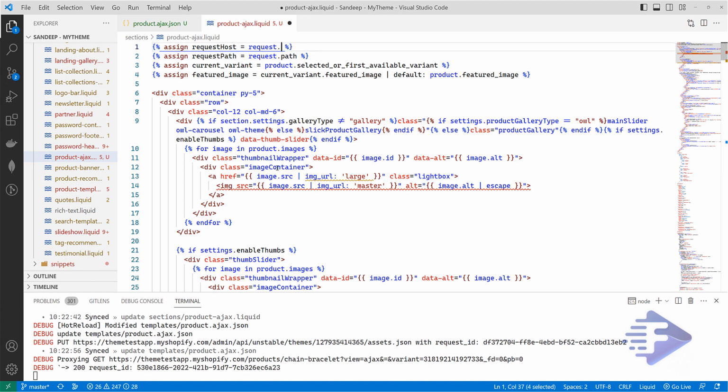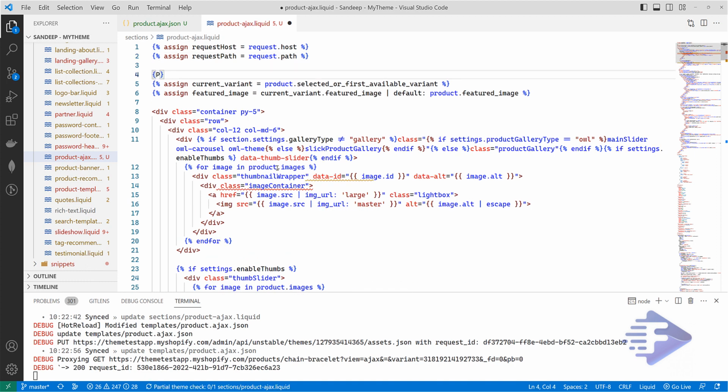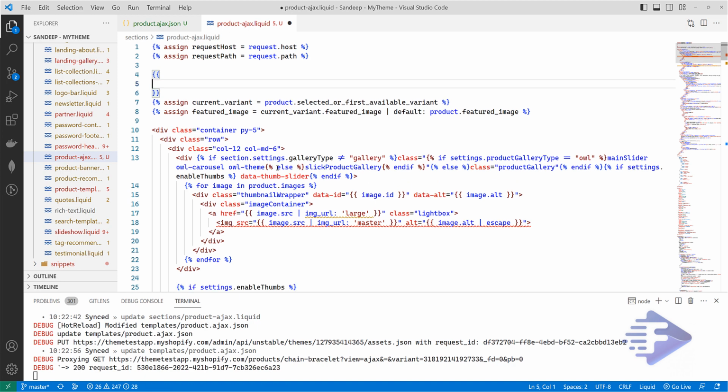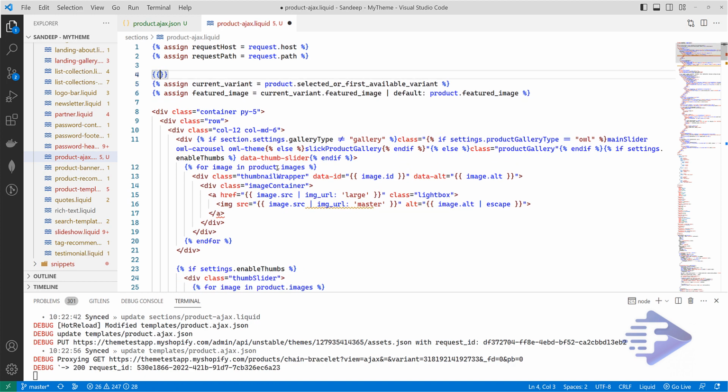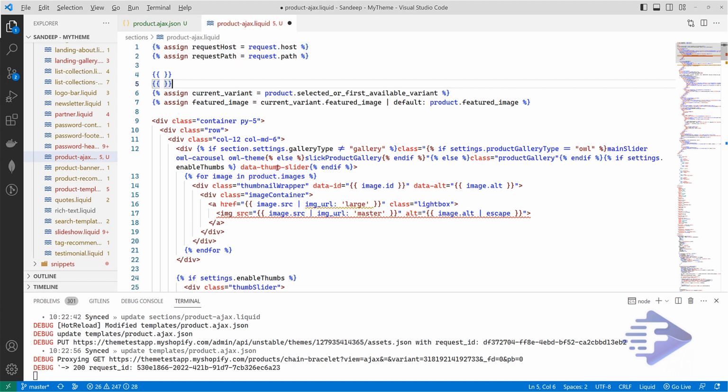This one will be, let's say, host. So let's print both of them and check this out.